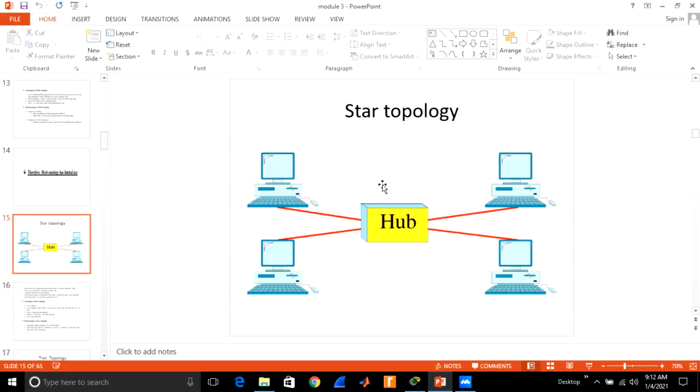This is called star topology. What is meant by star topology? In star topology, there is a main center device, and this center device is called a hub or switch or router, and all the devices are connected to it.